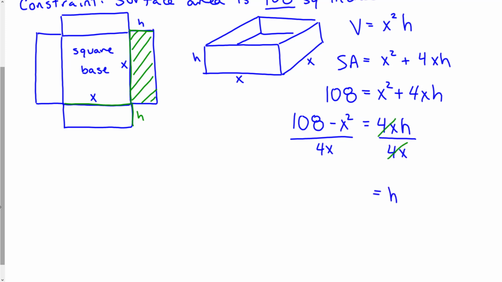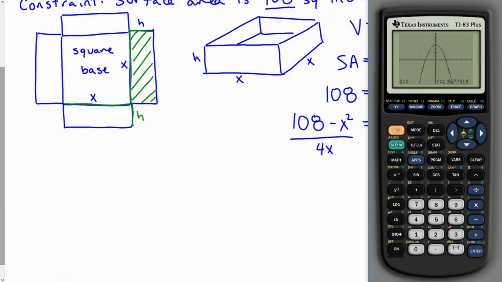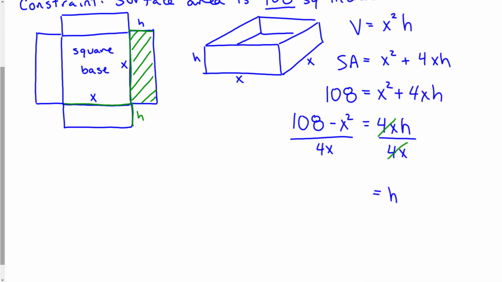Now, 108 divided by 4, let's see if that divides evenly. I think it will. Yeah, it must. Let's see what it is. I think it's 52. Oh, 27. Good thing I used a calculator. So 27 over x is what that first part will reduce to. Then I have x squared over 4x, so I can write that as x over 4. Now that gives me something to write h in terms of x,